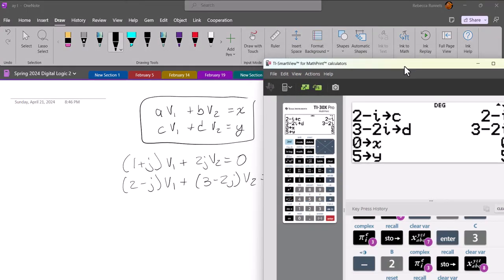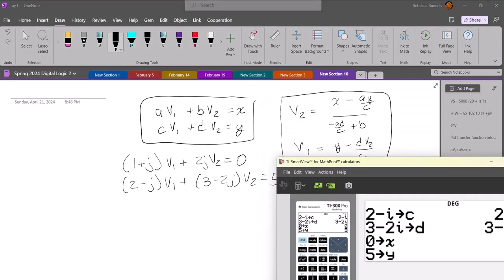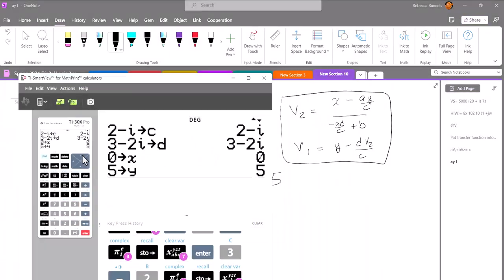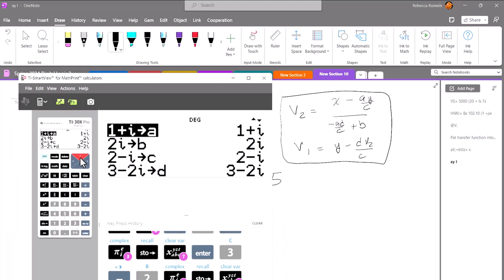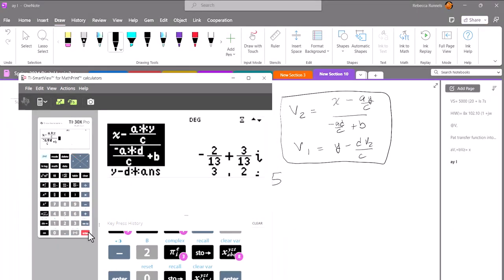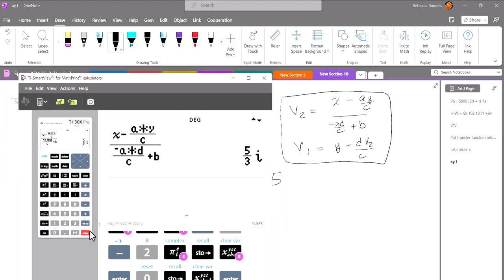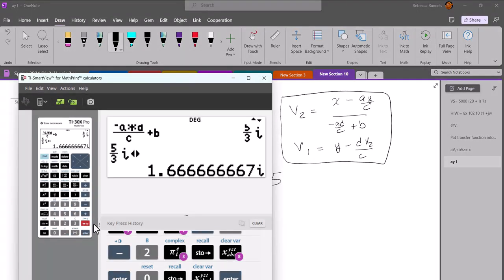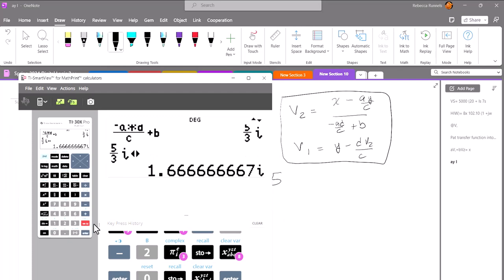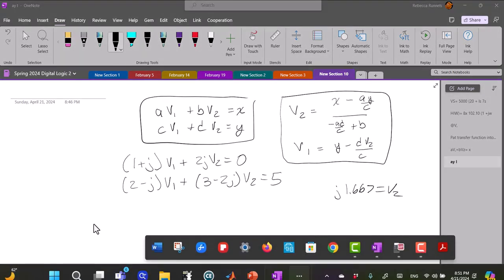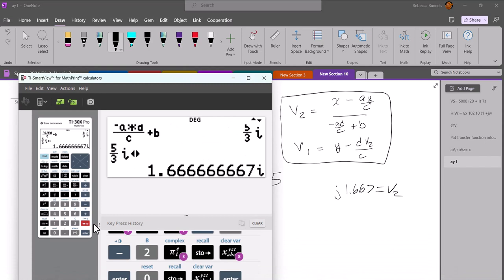And then you would need to type in this expression, X minus AY over C. So type that in, and then that tells me that V2 is J 5/3, or J 1.667. That's V2. And then V1 is